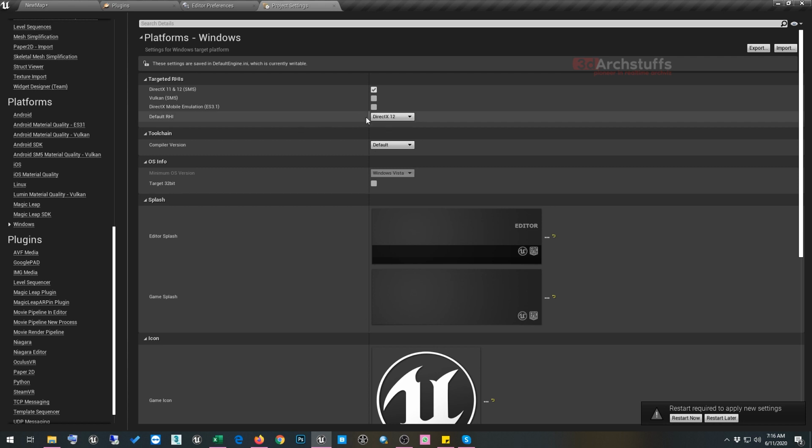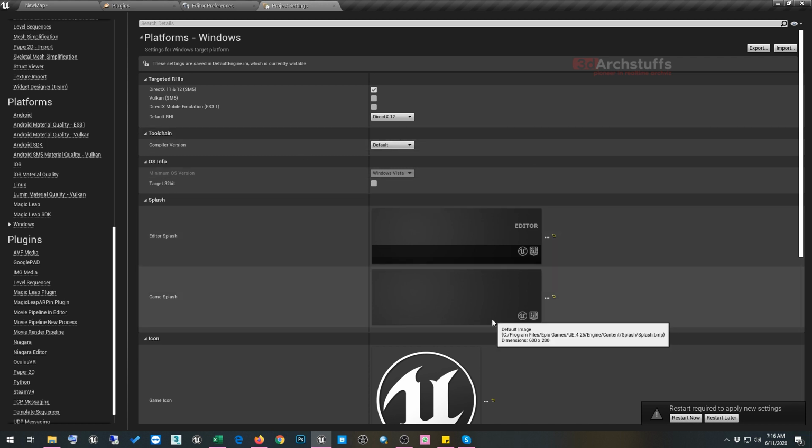After making it DirectX 12, we have taken care of everything that is necessary to be switched on and changed to get the best ray trace or hybrid ray trace in our Unreal Engine.